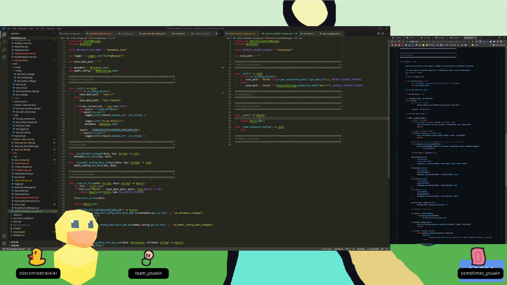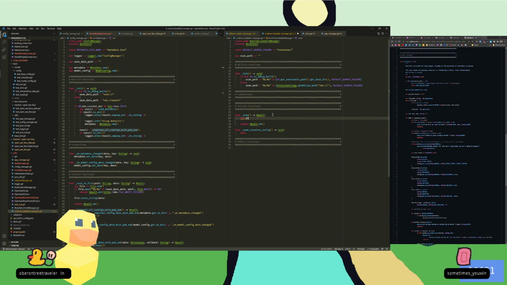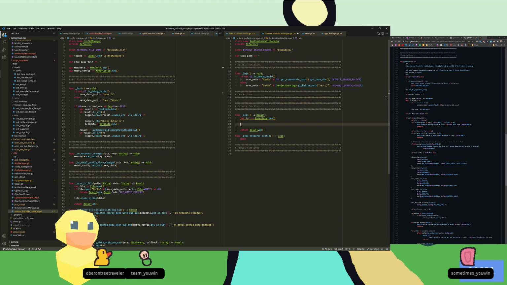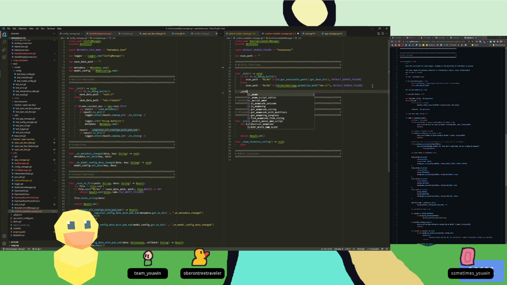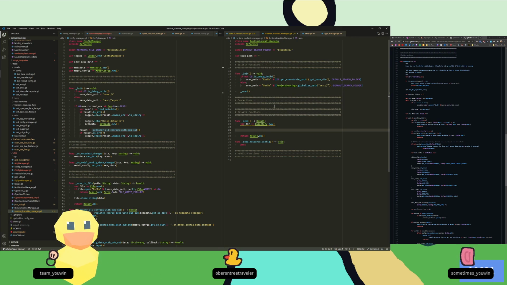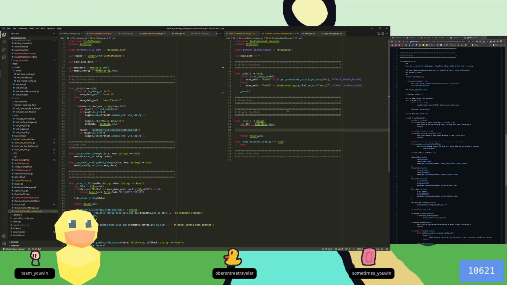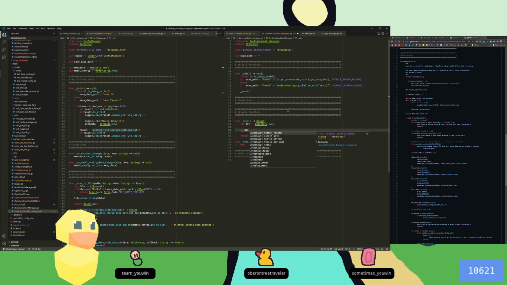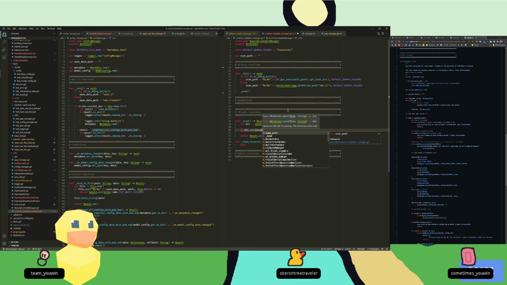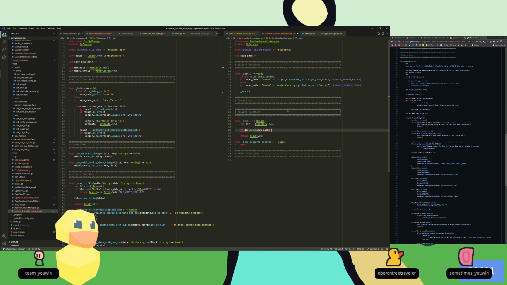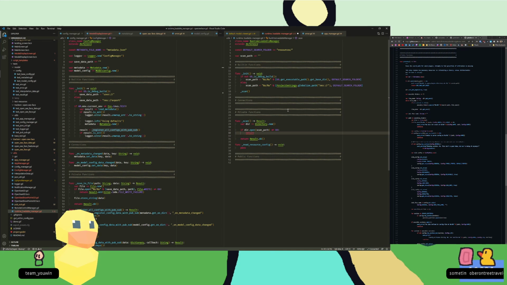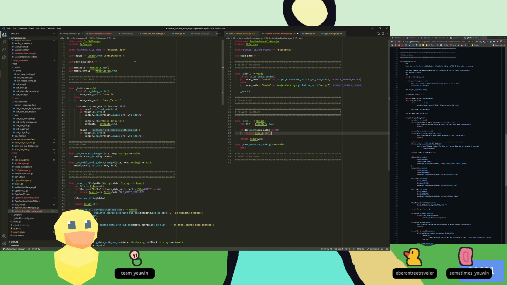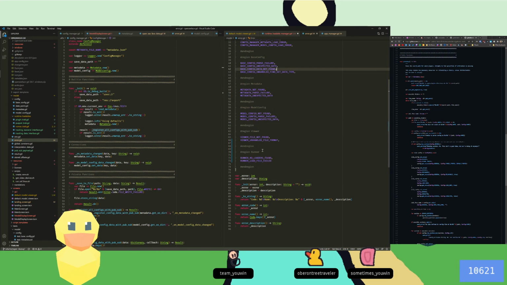Scans the search path. No, let's do it like this. So we're searching the scan path. Yeah, so we'll just scan here using the scan path. So, if directory open scan path is not okay, then we'll just return result error something. What is the error going to be? Let's call it